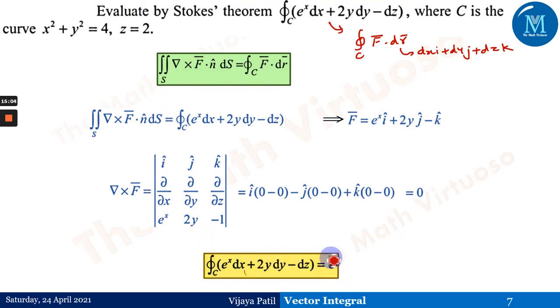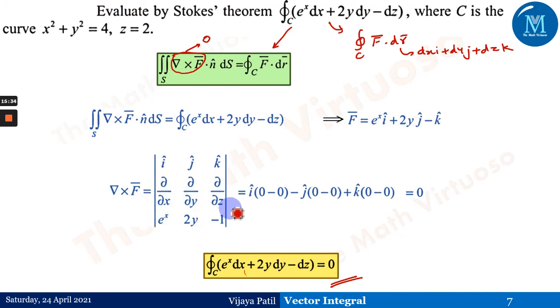Why are we doing that? Because we have got the curl of this particular function, because of the Stokes theorem, we can write down this integral. So this integral can be written in this way. According to the Stokes theorem, this is nothing but double integral del cross f bar. But in this case, del cross f bar is coming out to be 0. If it is 0, the double integral will move to 0. And therefore, this line integral will move to 0, and hence we will be getting the answer as 0. Curl is 0 means what?